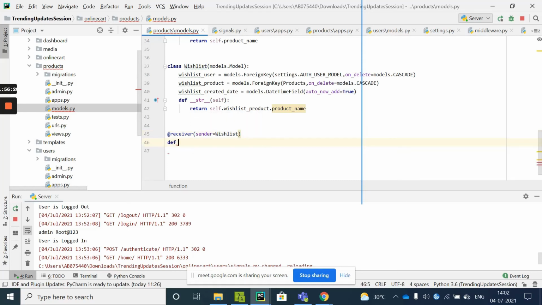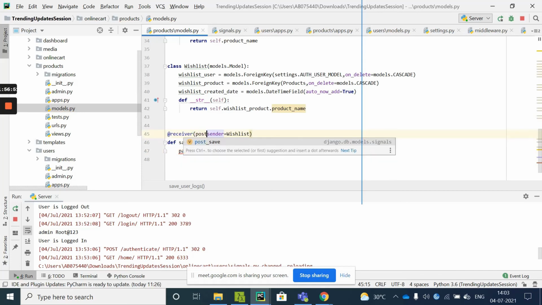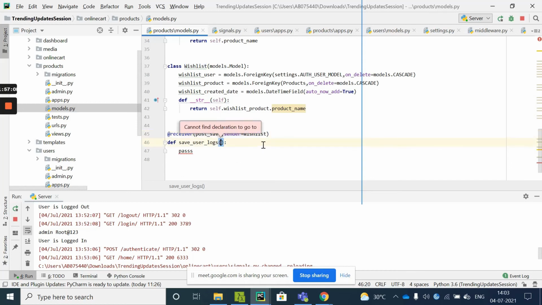And def save user logs, pass. Now this receiver will trigger on this post save signal. Sender is something that notifies whenever the wishlist is saved, and we will have this sender inside this function as an argument.